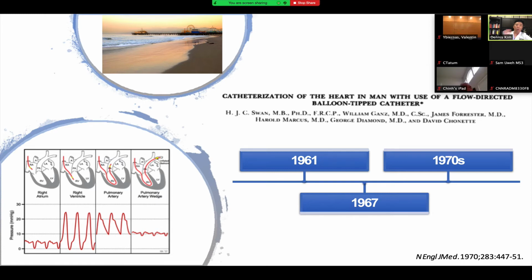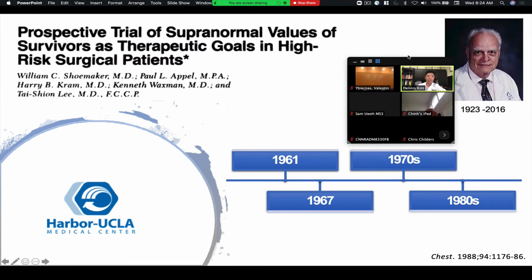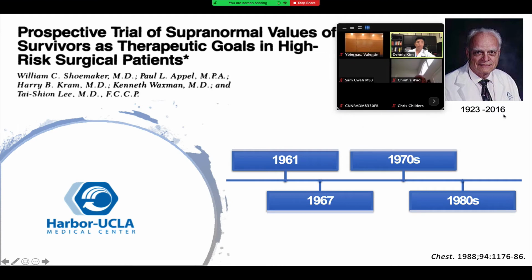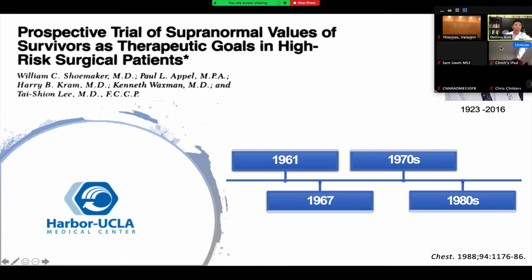And this opened up a whole new avenue for resuscitation research. And in fact, here at Harbor UCLA, we do have some history with this. This is Dr. William Shoemaker, who was originally here, as well as CDU, Charles Drew, and eventually ended up at USC. But in this pivotal or landmark 1988 study, they looked at trials of what they called supernormal values